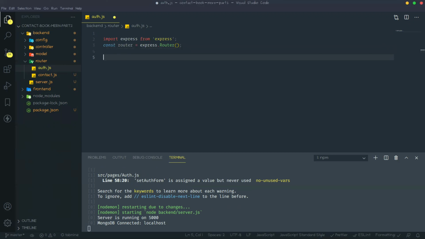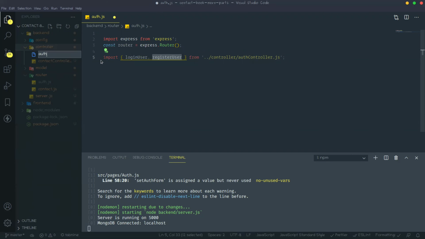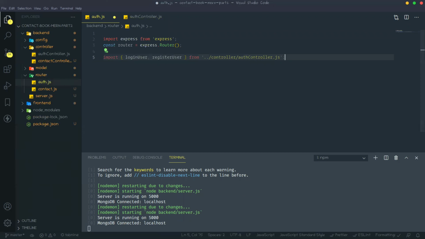Then we will get two methods from the controller, loginUser and registerUser, but we didn't create them yet, we will create them. That will come from authController.js. So we need to create another method in authController.js.